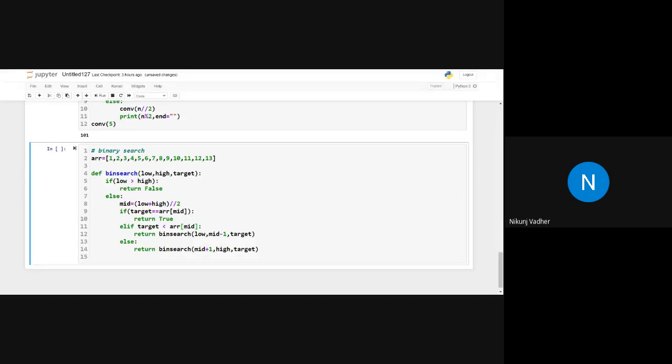What will happen in this scenario? Whenever we call binary search, what will this return? It will return either true or false. So how can we call it? Print binary search 0 comma length of arr minus 1 comma 10.